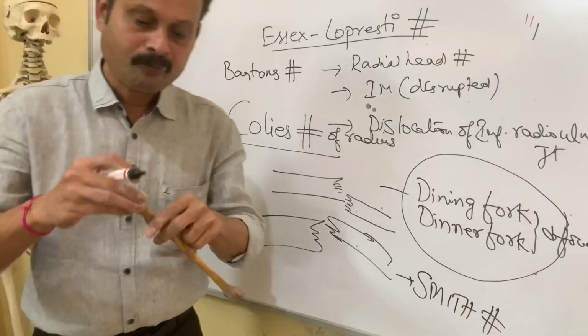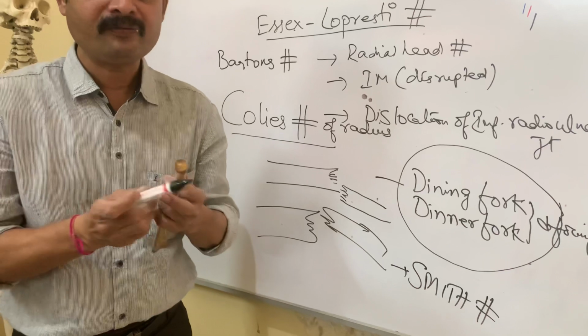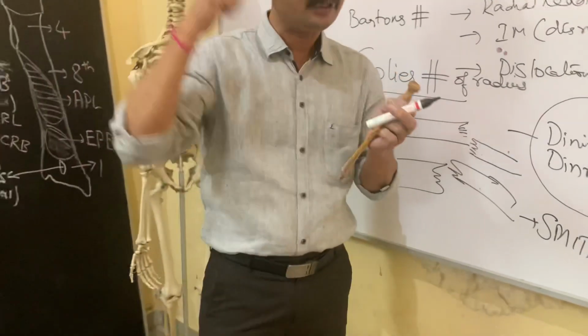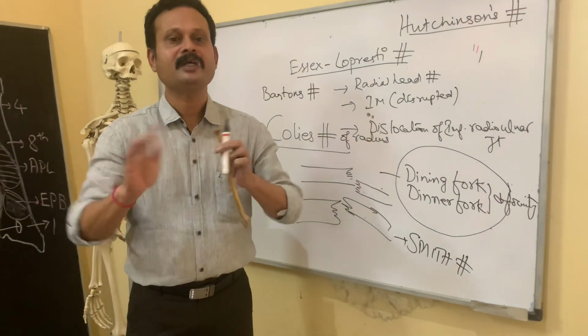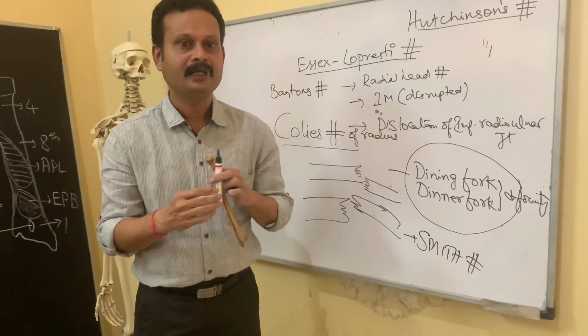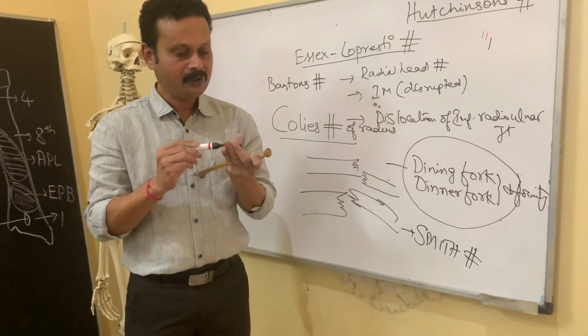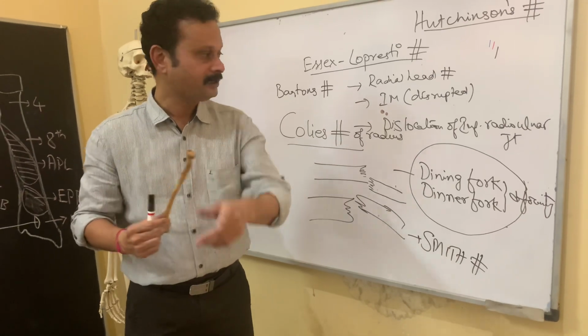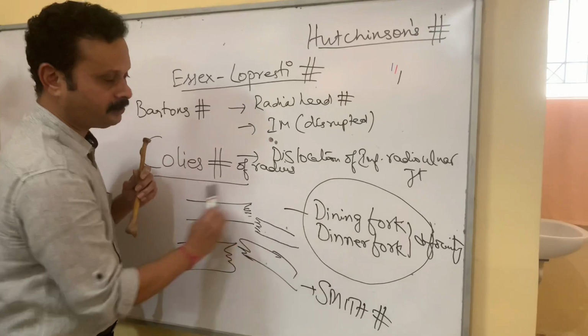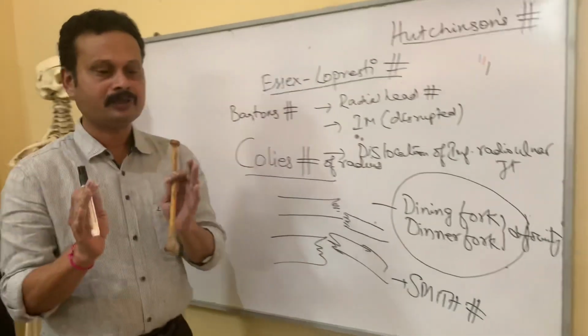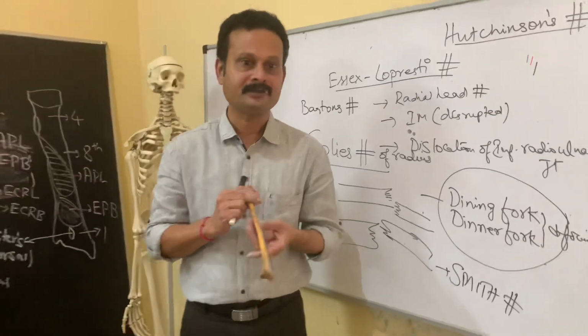And we can even have pulled elbow in case of a powerful sudden jerk given to children. Sometimes the superior radioulnar joint may be subluxated or partially dislocated, and that condition is called a pulled elbow. But for the clinical things, in case of radius, the important one is the Colles fracture. This you need to know. This is all about the radius in brief. Hope you understood. Thank you.